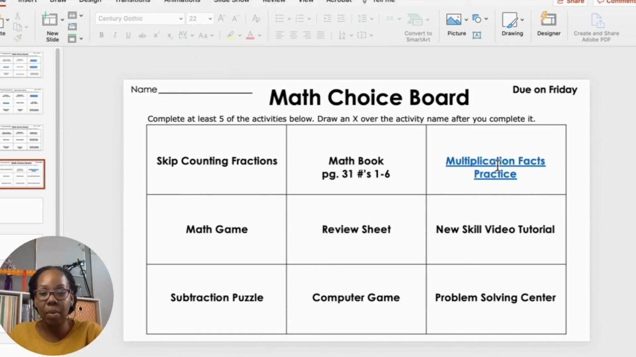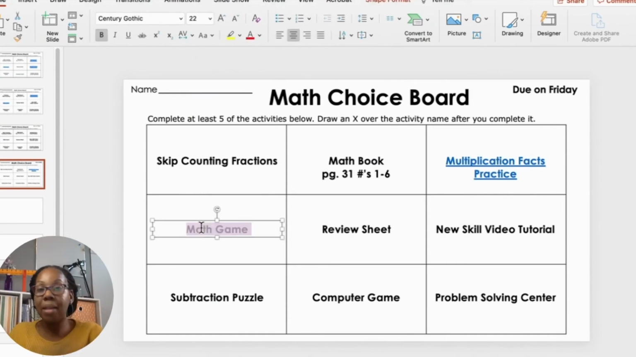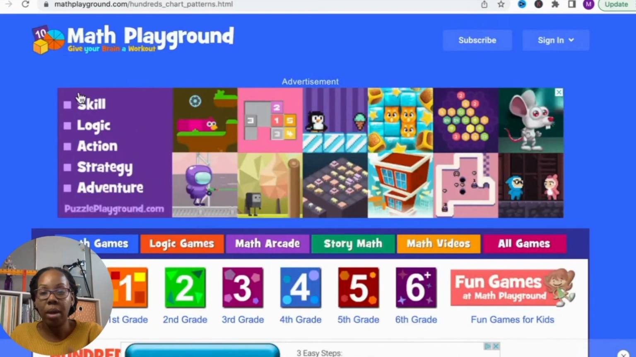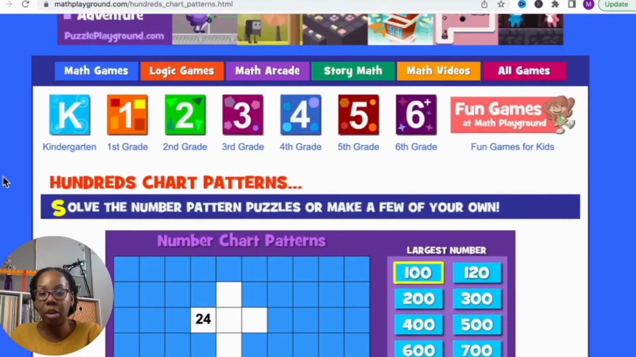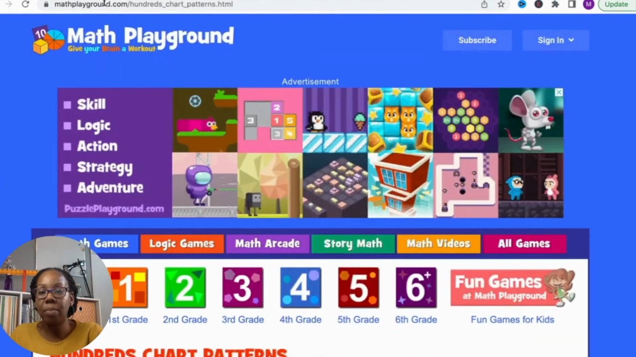Let's do another example. If there's a specific math game that I want them to play, or for the video tutorial, if there's a specific video I want them to watch, I want to copy and select that specific web address so that when they click on the link through my math choice board, they go directly to that page. So let's go to our math game that we might want them to play. I have a game here where they're practicing number chart patterns. So I'm going to go up to the top,